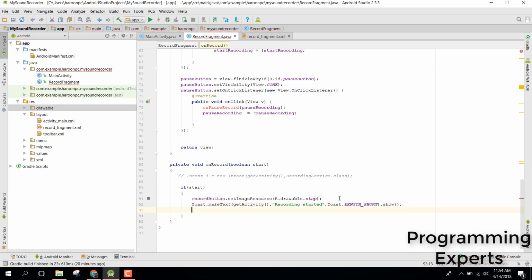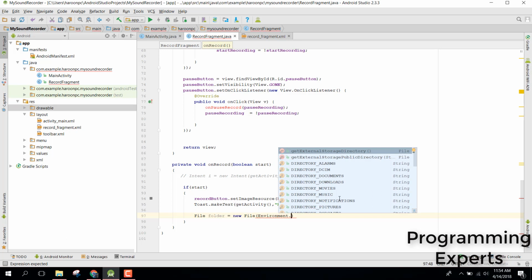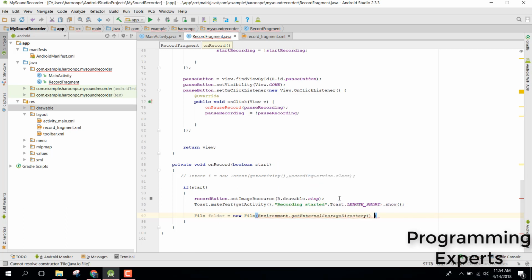So for that let's now create a file folder equals to new file, and inside there we can say Environment dot getExternalStorageDirectory plus sound recorder, and after that we can say if folder is not null, then we can folder dot mkdir,